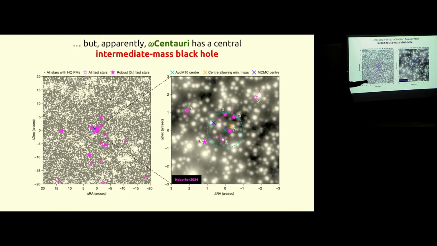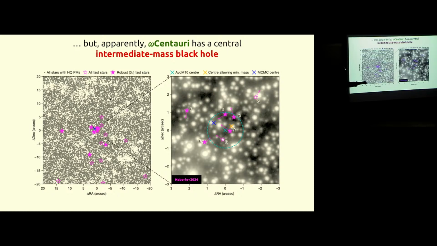And then by taking a look at the stars that have high quality proper motions in this data set, we can look in the innermost regions of the cluster for those stars that have very high velocities. So this is plotting right here to the right, in this paper from a few months ago, stars that are in the core of ωCentauri but have very high velocities. They have very high tangential velocities above what you would expect from the regular escape velocity of the cluster.